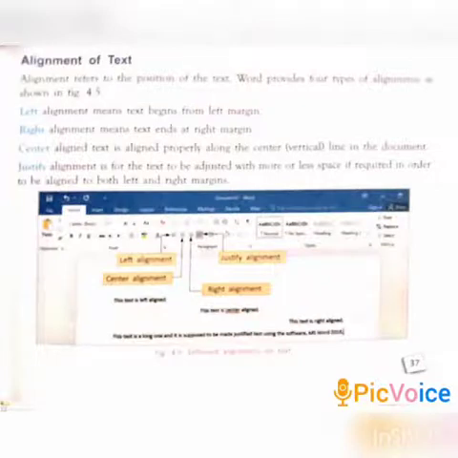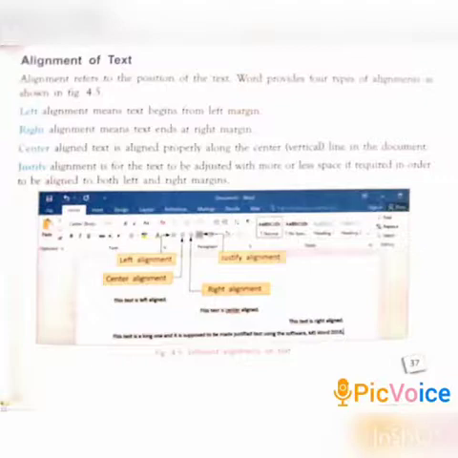Left alignment means text begins from the left margin. Right alignment means text ends at the right margin. Then center alignment means text is aligned along the center line in the document.